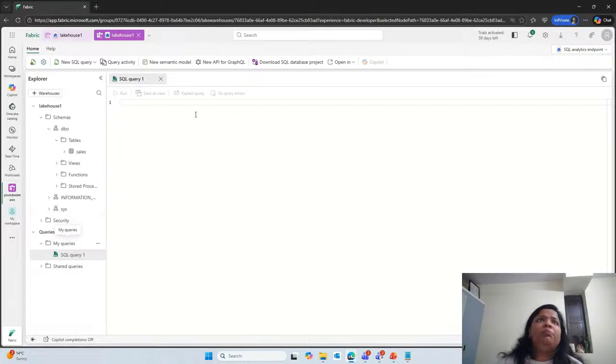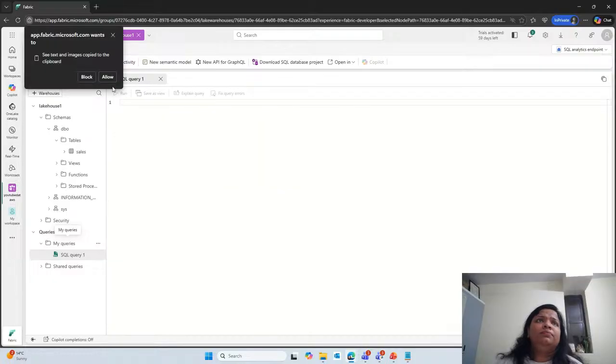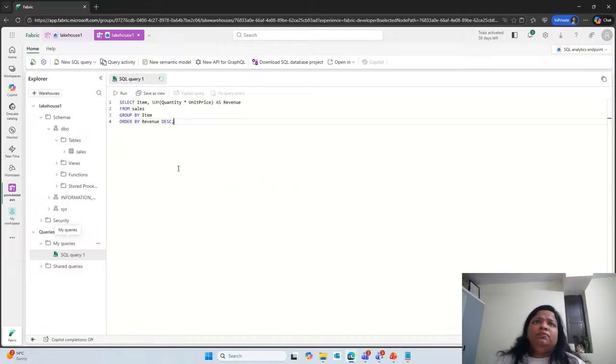I have already prepared one query. So I'm hitting a command that I wanted to extract item. It's an aggregation kind of query I wanted to do, so that I can explore the data.